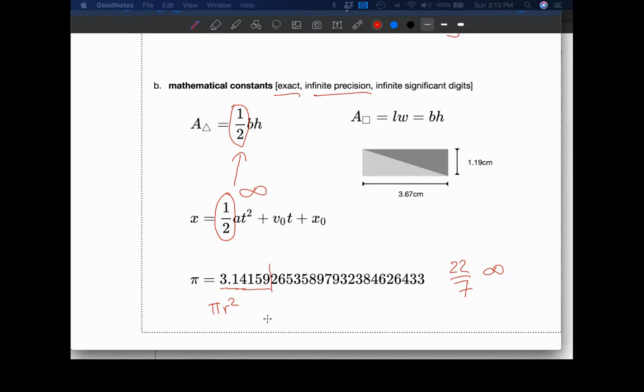So if we are choosing to round or truncate a constant that does have a definite value, even though it's not an integer, we would ascribe those number of significant digits to it. So in this particular case here, 3.14159, although pi has infinite significant digits, 3.14159 has 6 significant digits. And so we want to be very careful about where that number comes from.